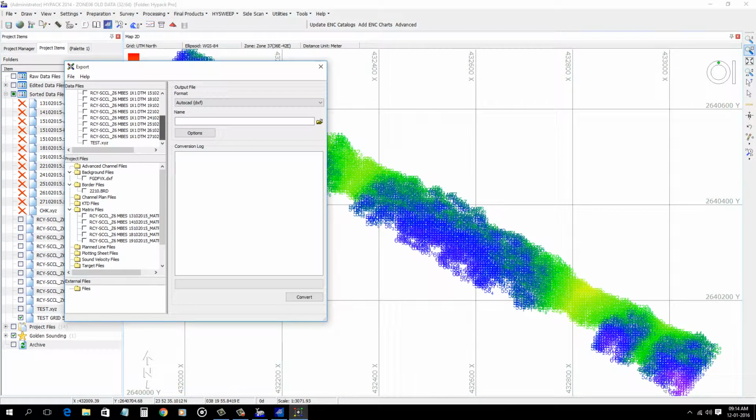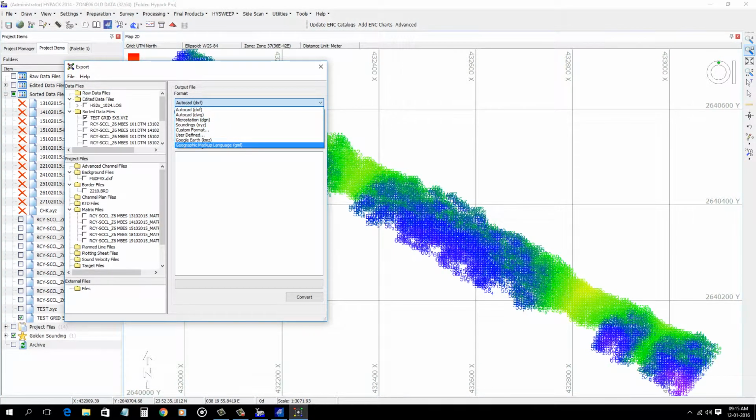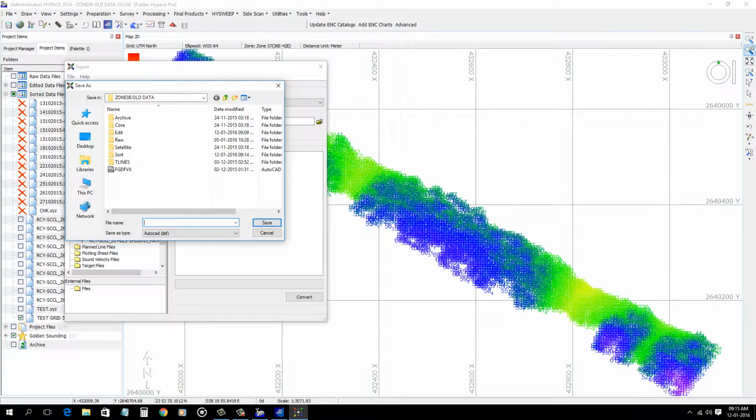Here uncheck all and only keep your desired xyz file on, and everything else in the background off. Here you have many options. Here click DXF and give a name.